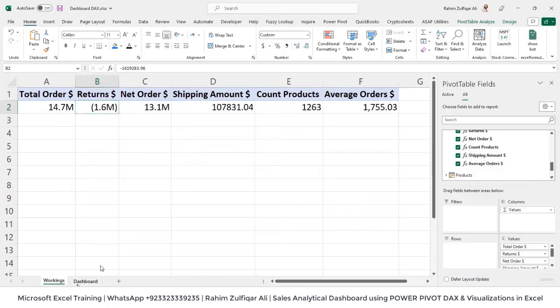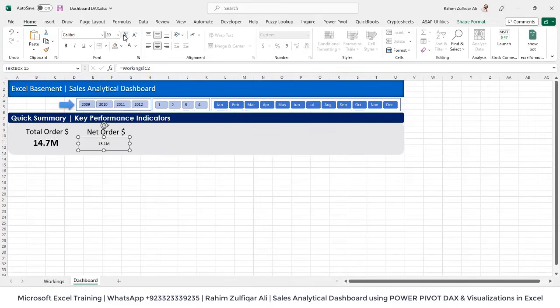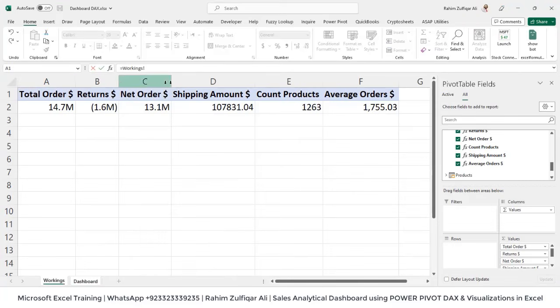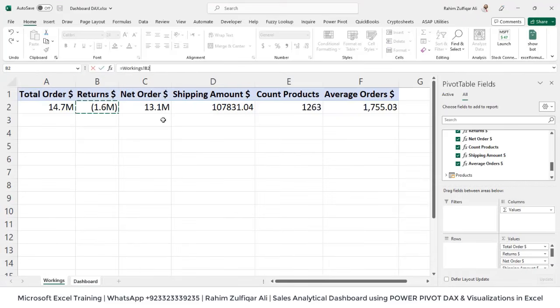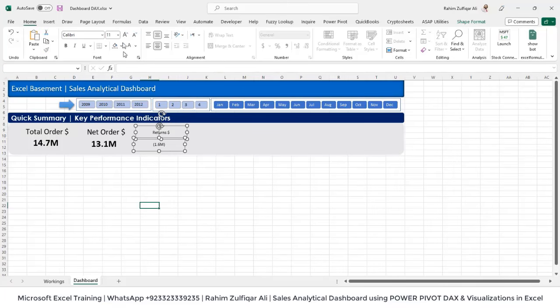That's it. So now we will link this here as well. This is for the net orders. Then we will go for Control C, Control V. Now here we will put the returns. So again link with the working sheet, that is returns, and then the amount of the returns is 1.6 million. Select both, make it a bit bigger, and do the formatting as you like. Okay,